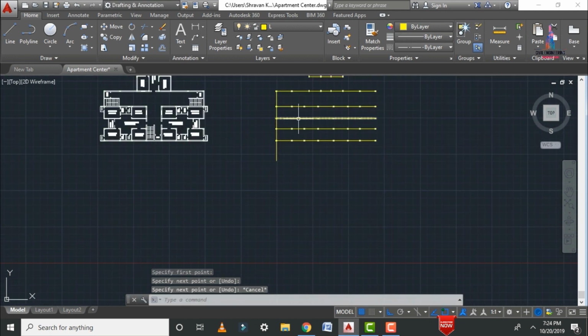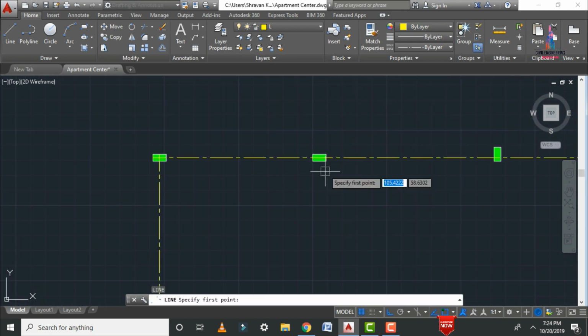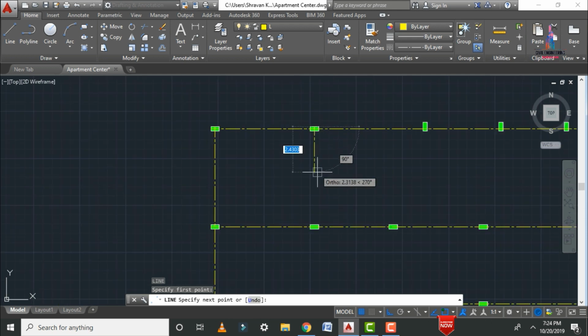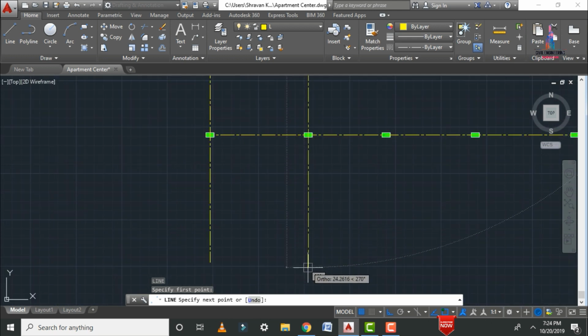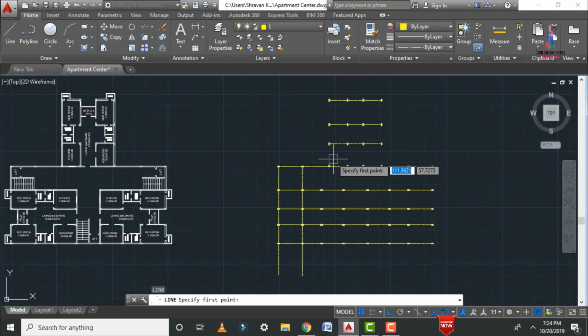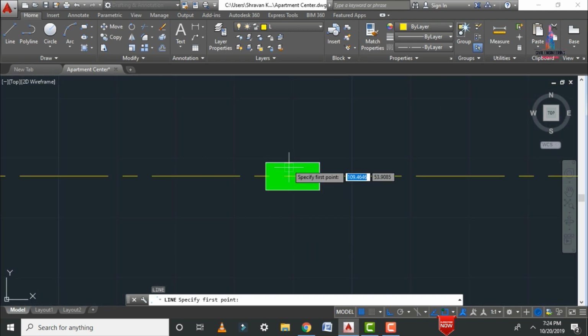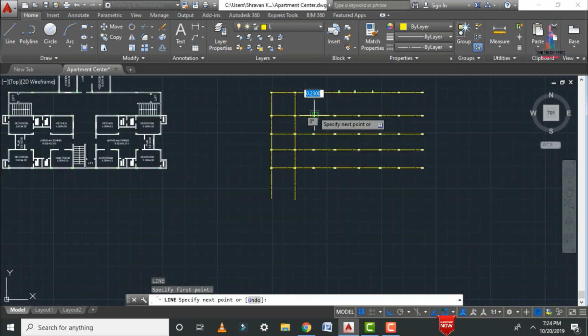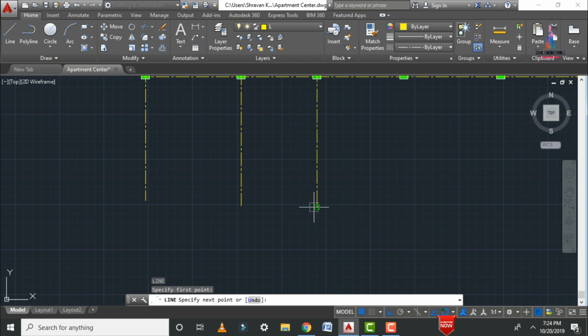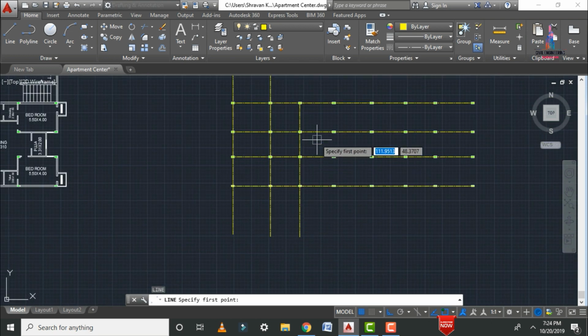Again in the same process we need to draw the center lines for the remaining column and section. So let us consider this. Again I'm drawing here like this. Again click on L enter option. Select the center line for this portion. Let us consider, again I am drawing the center line at this position. Again I am selecting line command, L enter.